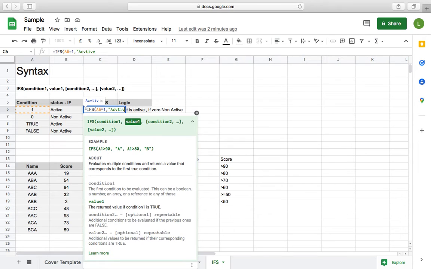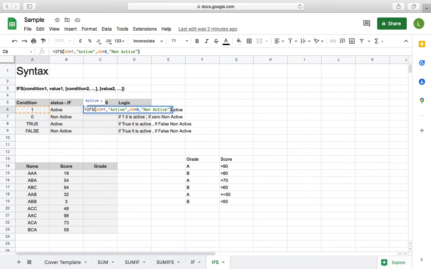active, then the second condition is 1, if 0, non-active. So it is done. You can see right, the length of the formula itself is now reduced. Using IF we have used two IFs, here only one IFS, and it is simpler to see. And the same way I'm just copying this down,